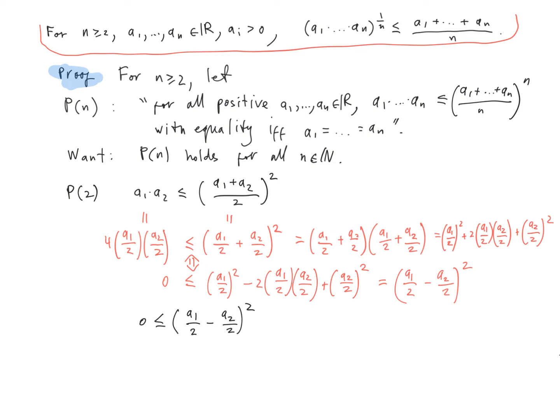But we know that the square of any real number is non-negative. So in particular, the real number a1 over 2 minus a2 over 2. Okay, so then this means that this inequality always holds as the square of any real number is non-negative, and we get the equality here